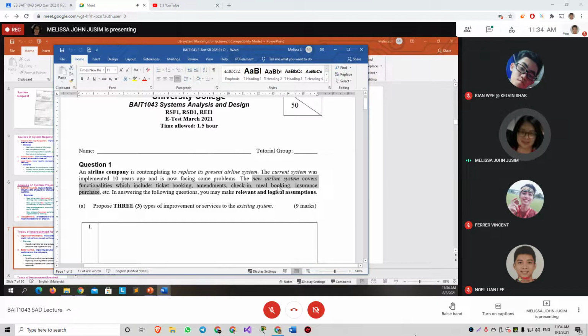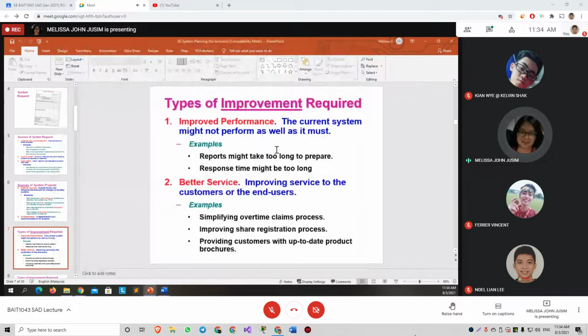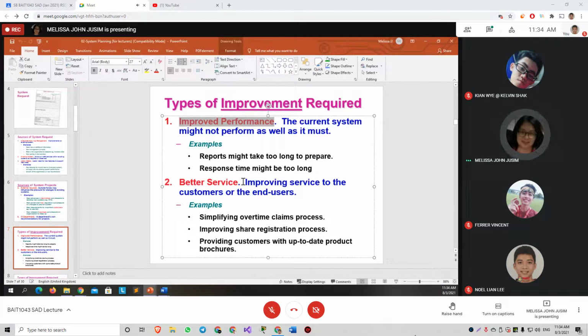So you can make your own relevant and logical assumption. Now, in this case, if we already know that the current system is having problem, then the best answer would be improve performance, because the current airline system is having problem. Okay, and when the current system is having problem, I believe it will affect the service to their passengers, to their guests.